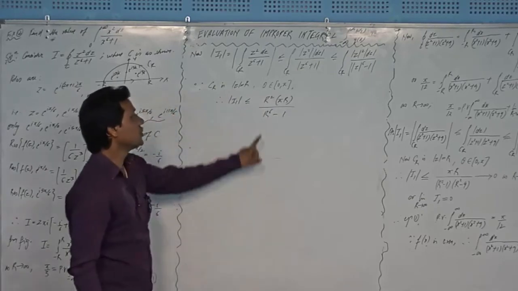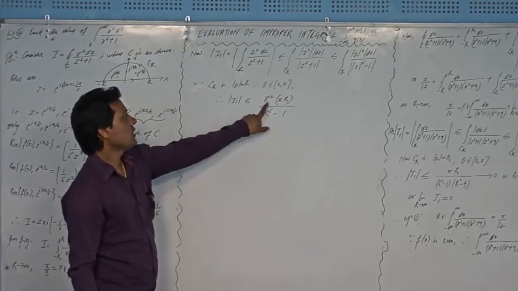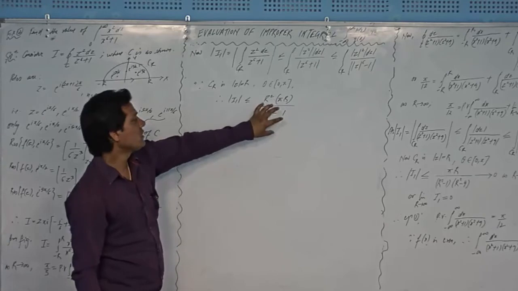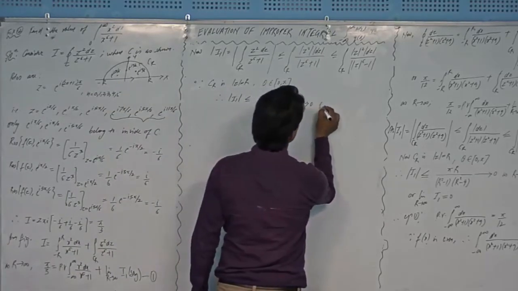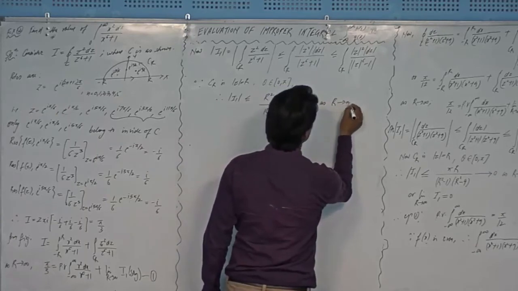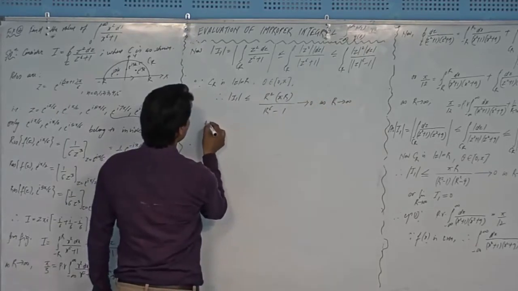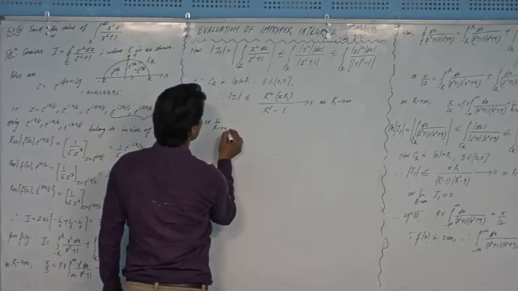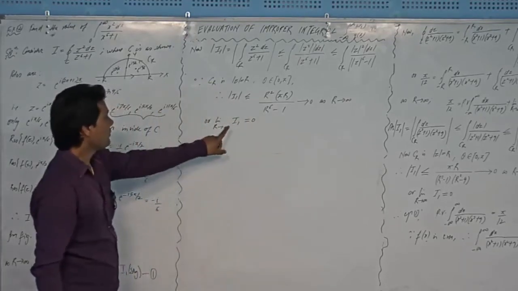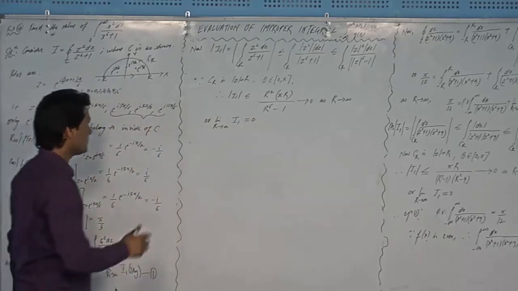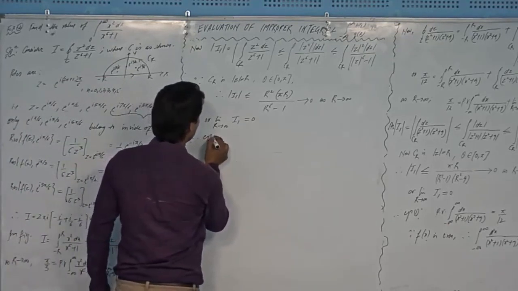And you can again see that the denominator has power 6 and the numerator is r cubed. So ultimately the denominator is big, so that will go to 0 as r tends to infinity, right? So you can write that the limit as r tends to infinity of I1 is equal to 0. So I will plug this value here in my equation. Therefore equation number 1 becomes